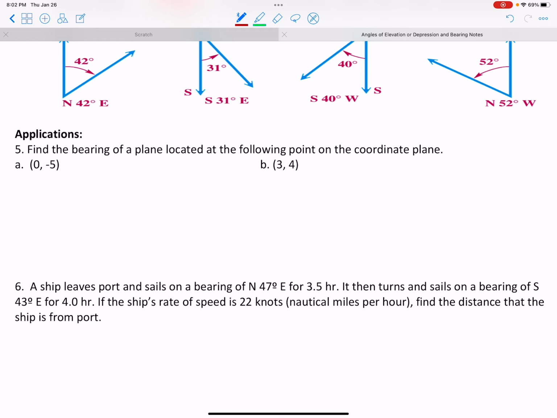For example, number 5a. It says, find the bearing of a plane located at the following point on the coordinate plane, so like on a graph. If I was to graph this point at 0, -5, 1, 2, 3, 4, 5, right here, what's the bearing? Well, the graph could be considered just like our north, east, south, and west. So that is due south, like we're going straight south there, just like if we were going straight up it would be north. So we could say due south as an answer. Now if we wanted to give this with